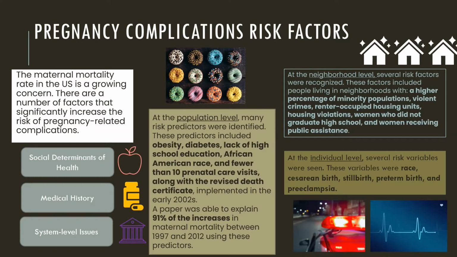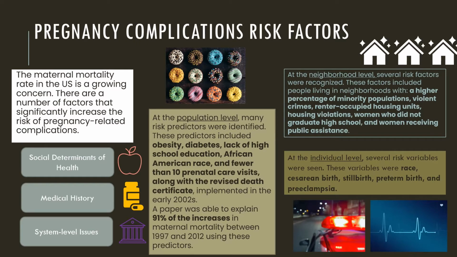And so while I was perusing through the papers, I saw that these risk factors typically fall into three different types of categories. We have the first, the social determinants of health, then the medical history, and then also system level issues. I also wanted to identify these risk factors at different levels. So we have three primary ones: the population level, then the neighborhood level, and then also the